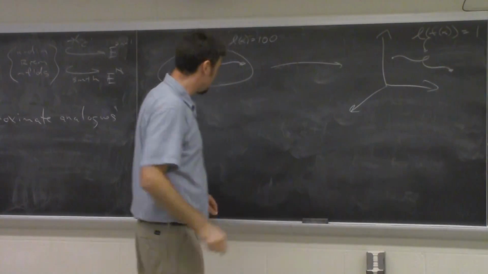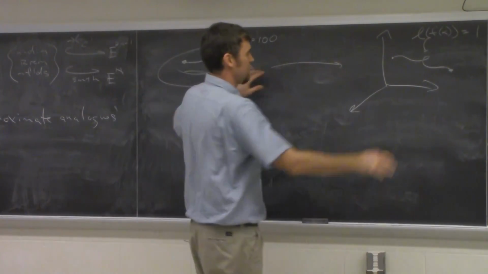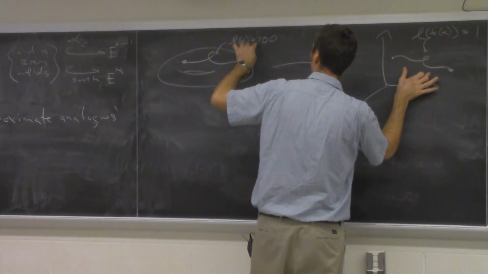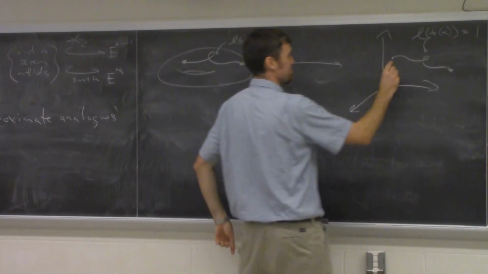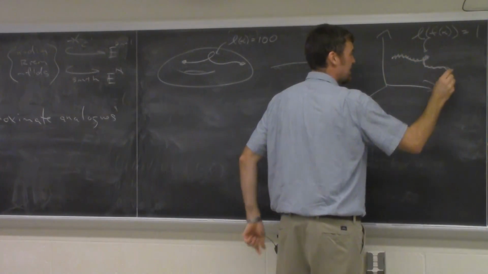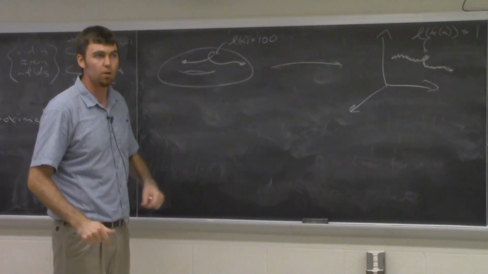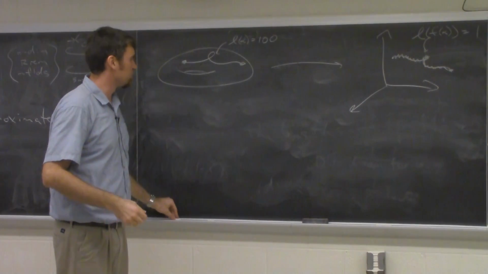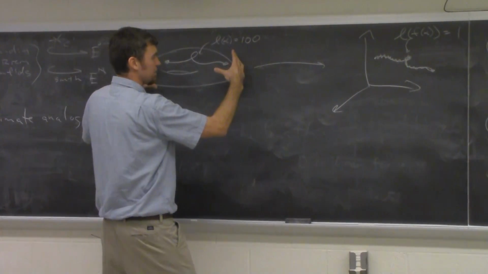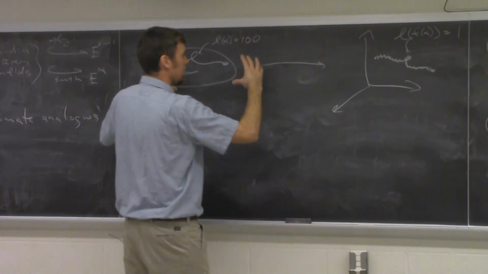Then if I just look at a path, it makes sense that I can find a nearby path where the length is 100. I take the path I originally had and I do this. And you can find an arbitrarily close path whose length will be the length you had here. And so in particular, if your map is 1 Lipschitz, meaning that distances are shorter than or equal to what you had over here,